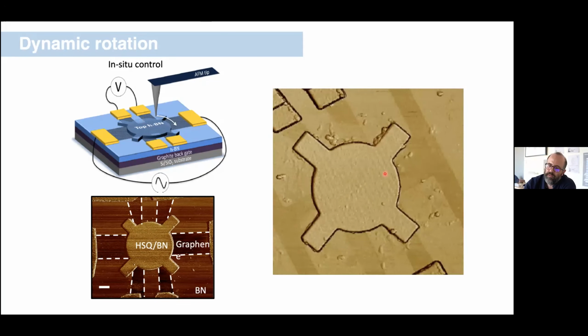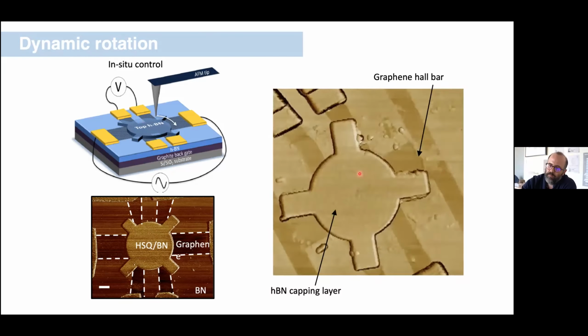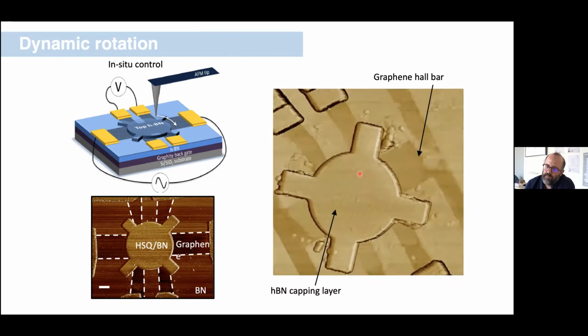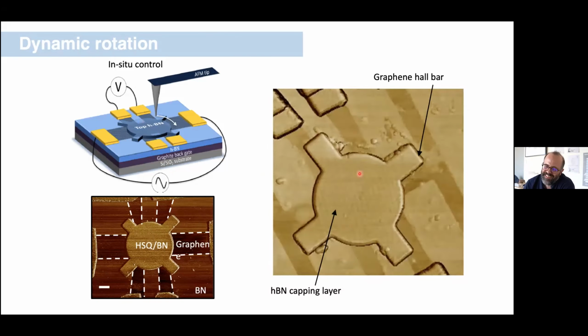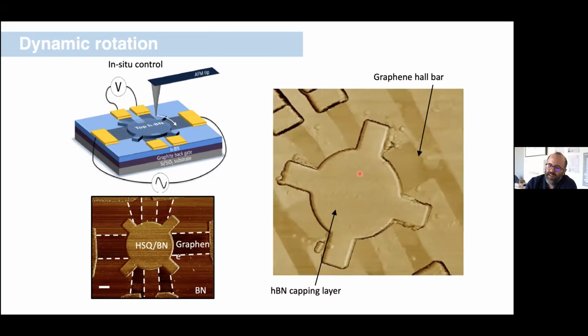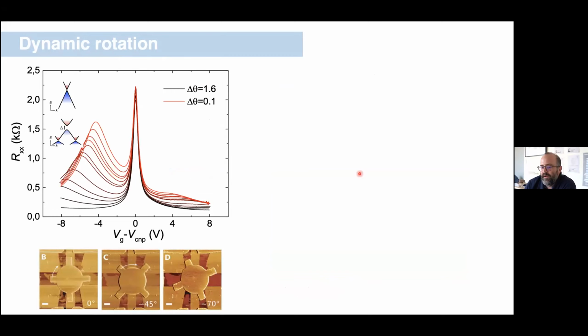So here's an image of that. This is an AFM image of such a device. What you see here is the graphene, false colored as shown here, on top of that BN. And now if we come in with our AFM tip, we can mechanically rotate this BN around. So you can see it's a little bit, baby's first steps. It's a little bit janky, but nonetheless, we have this degree of control. So now in this system, we can measure as a function of the twist angle of that BN how that's modifying graphene. And if you remember, graphene coupled to BN has a central peak in resistance, and it has a satellite resistance peak. This is room temperature data.